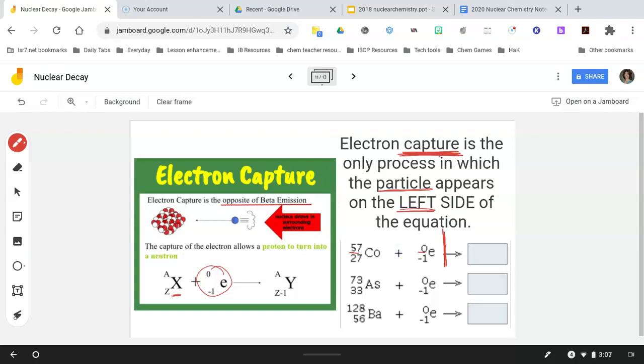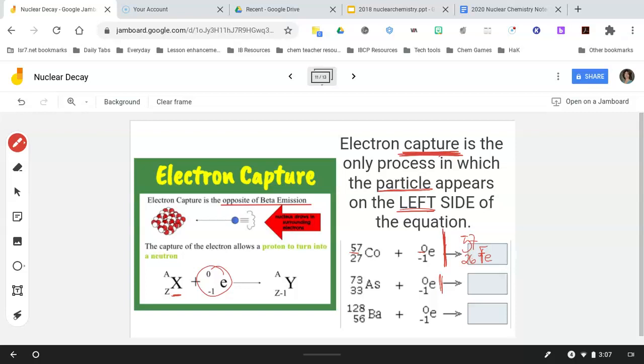So 57 plus 0 is 57 for the top. And then on the bottom, I need to figure out what value is going to be my atomic number. So 27 plus -1, or 27 minus 1, is 26. I look up element number 26, and that is iron. Next example, we have our